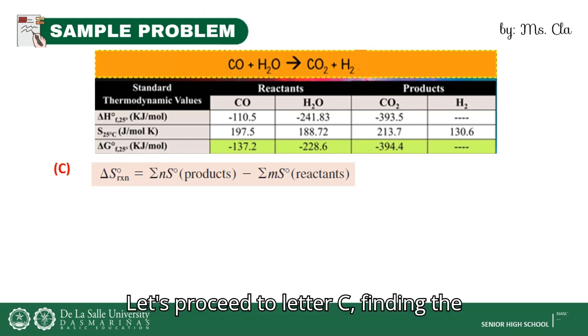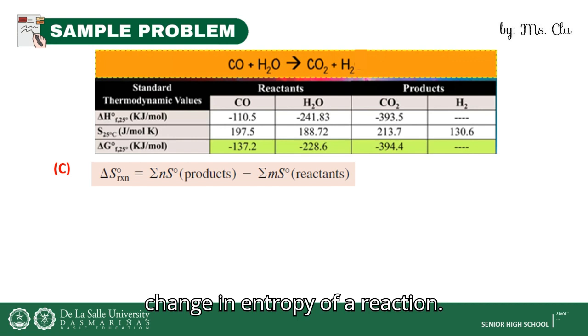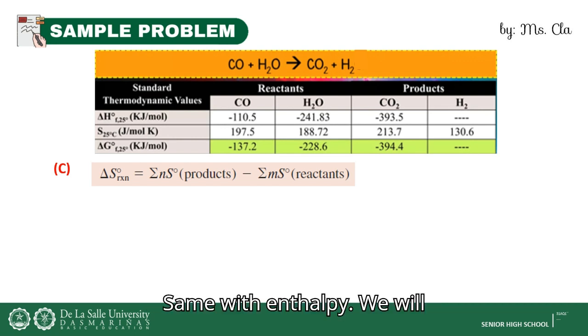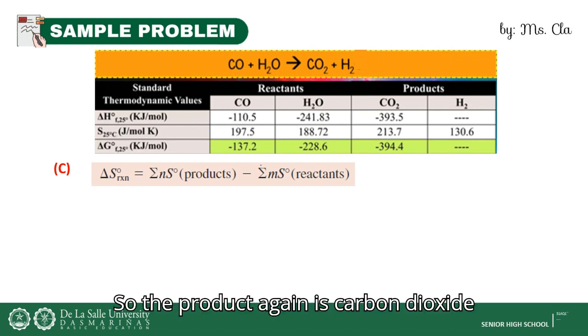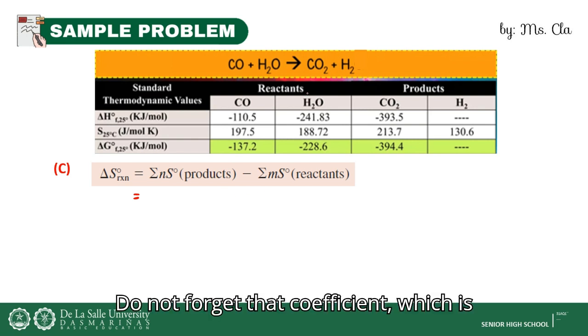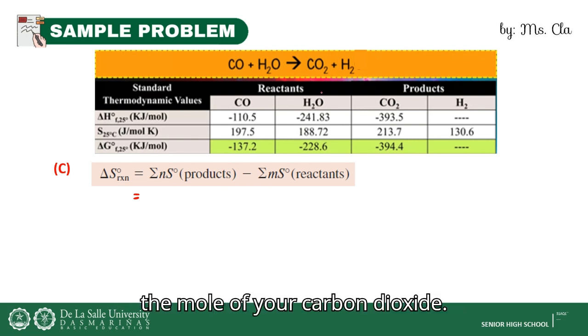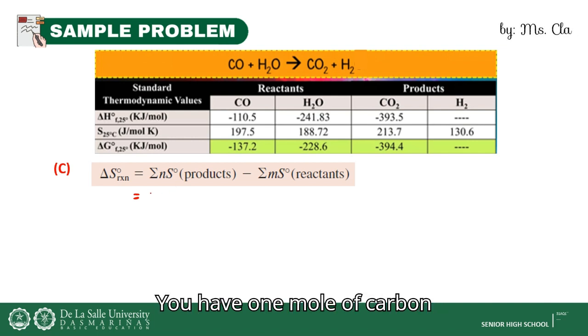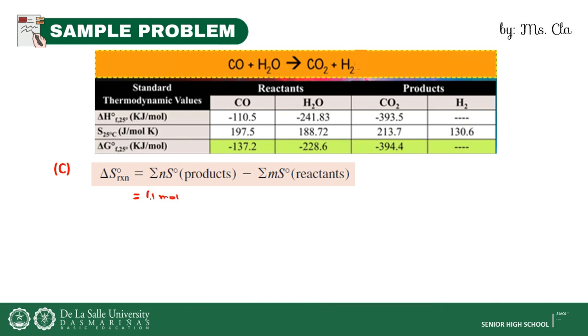Let's proceed to letter C, finding the change in entropy of a reaction. Same with enthalpy, we will subtract product and the reactant using the data provided in the table. So the product again is carbon dioxide and hydrogen. The product is carbon dioxide, that will be positive 213.7. Do not forget the coefficient, which is the mole of your carbon dioxide. You have 1 mole of carbon dioxide,